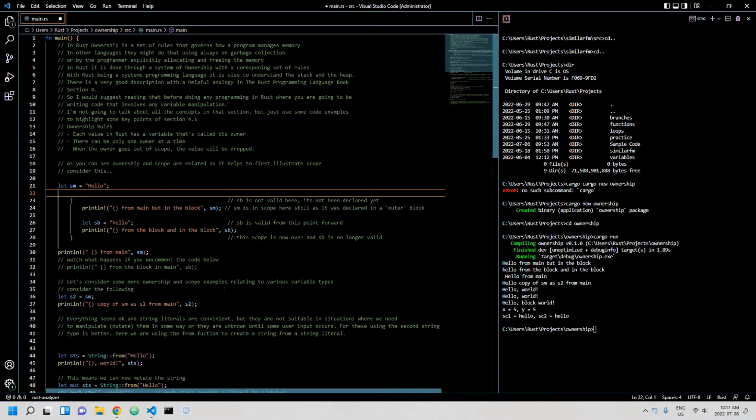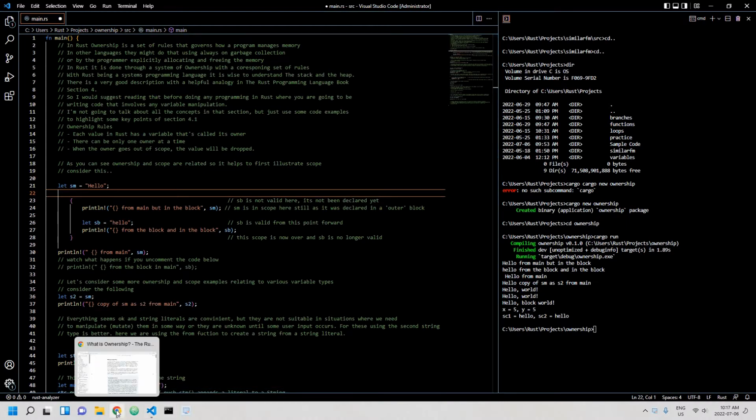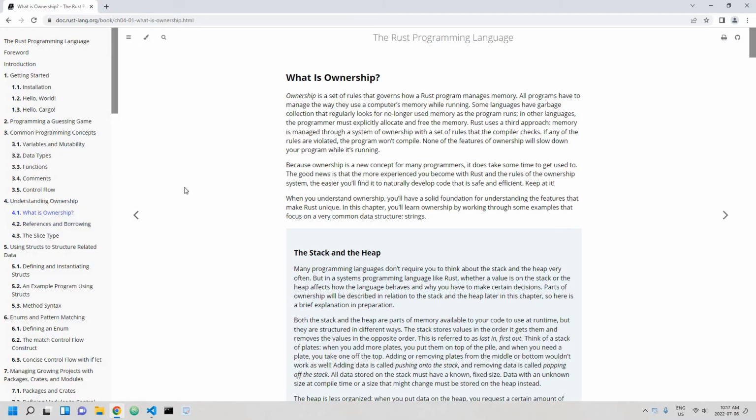But also in print. So in today's episode we're going to be looking at ownership, some code examples that illustrate ownership and scope. I'm going to actually slow roll this, so section 4 of the book I'm going to break down into 3 videos because I really do need to get my head round ownership and all the implications in Rust, because I must admit I've not programmed a great deal in systems languages. I've done a little bit of programming in C and C++,